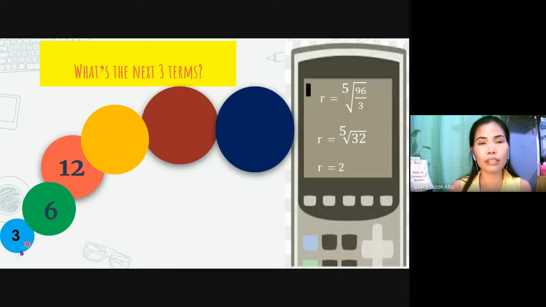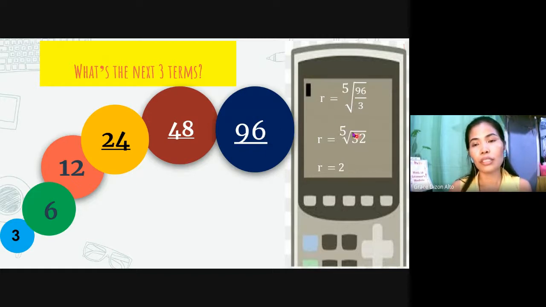6 divided by 3 is 2. So we multiply 2 to the third term to get the fourth term, that is 24. 24 times 2 is 48. 48 times 2 is 96. Therefore, to check if we really have 2 as our common ratio, 96 divided by 3 is 32. The fifth root of 32 is